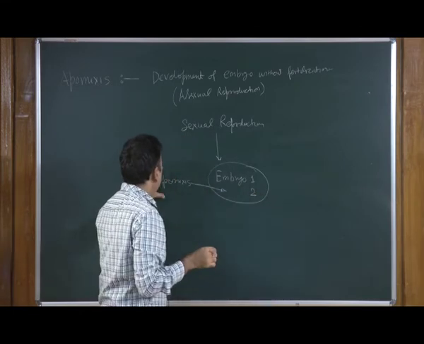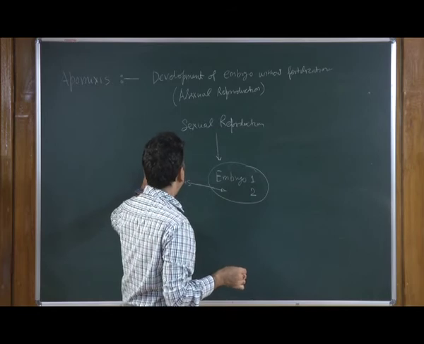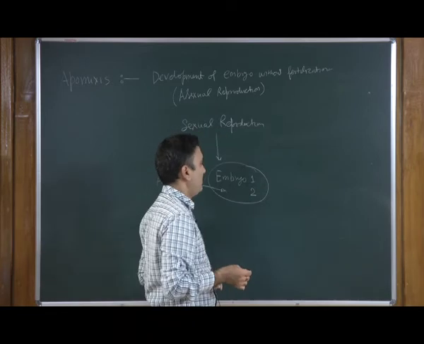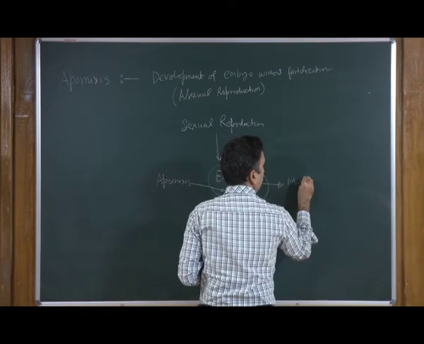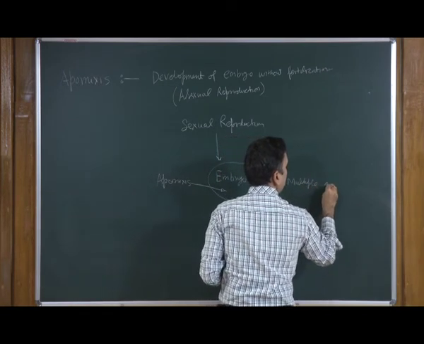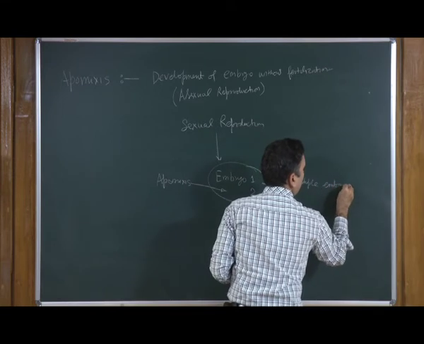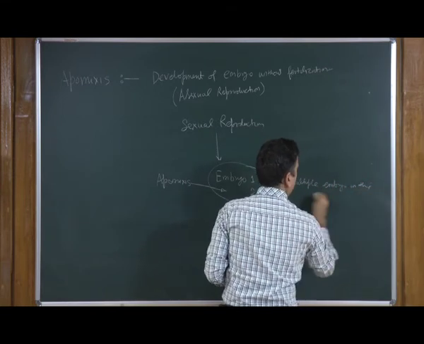So, this means if the plant goes for apomixis as well as sexual reproduction, it is going to have multiple embryos in the seed,